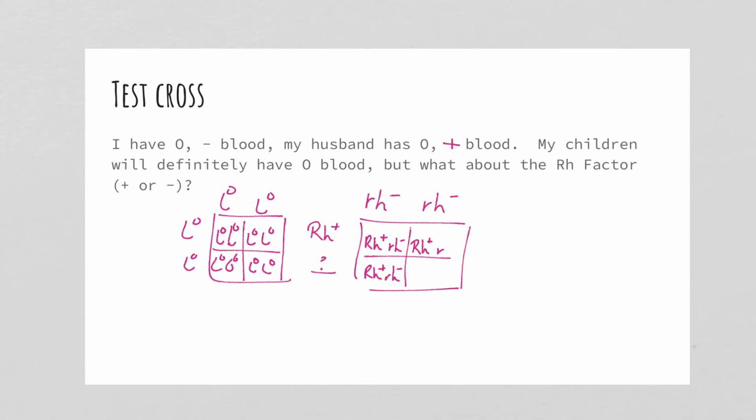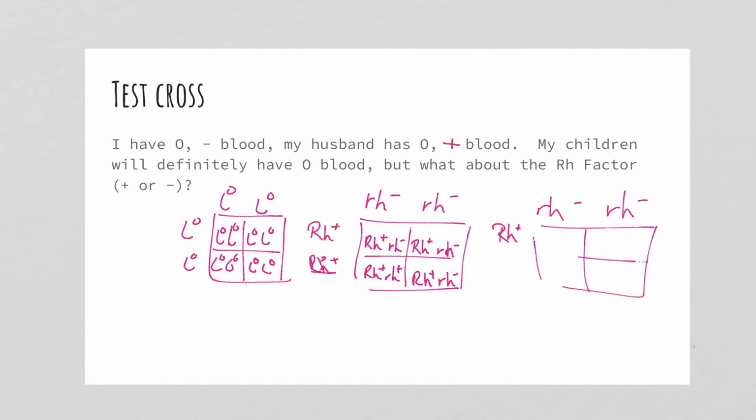If you have hundreds of kids and all 100 kids come out positive, then you know that this would be Rh positive. If, on the other hand, you do this cross and you get one child, and again, if you do 100 crosses, you would probably get 50-50,